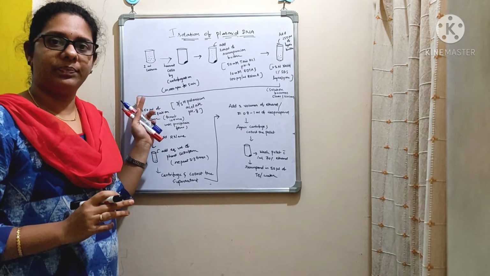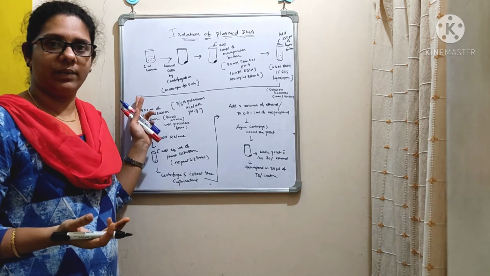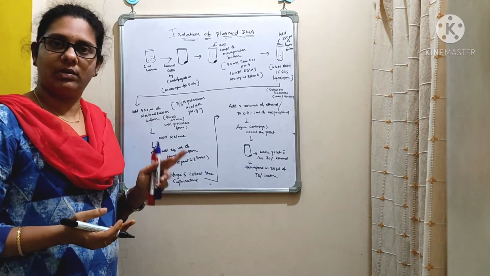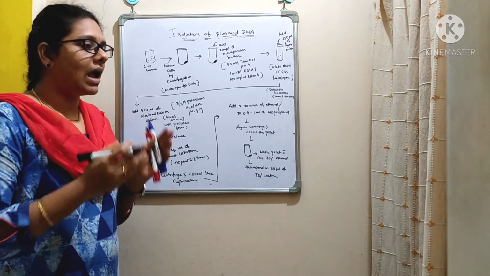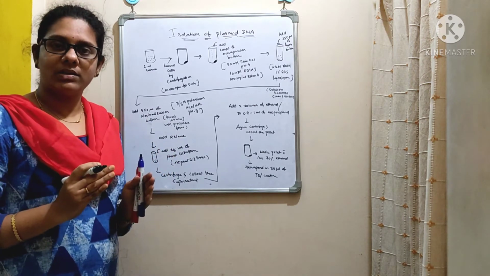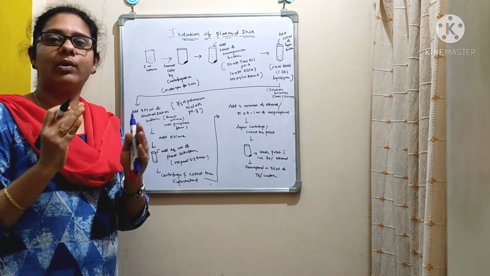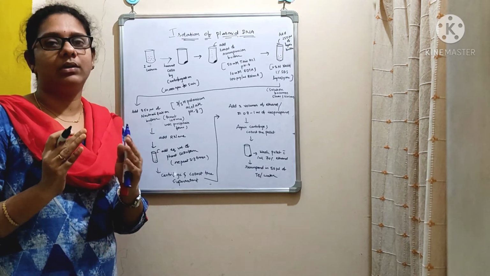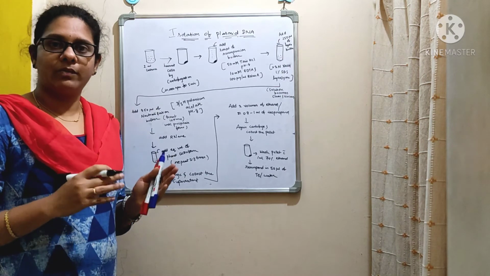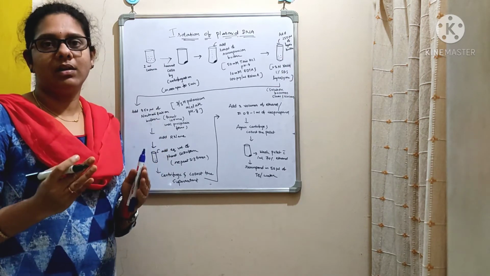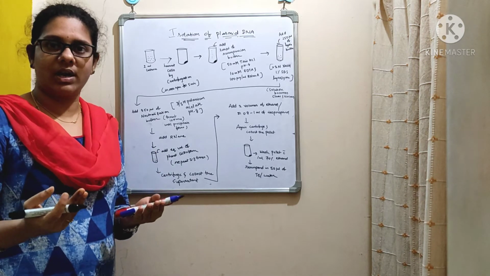As we are isolating this plasmid DNA from a bacterial source, we need to grow the bacteria. For example, take E. coli. You are going to inoculate E. coli into LB broth, Luria Bertani broth, and then you are going to incubate the culture overnight at 37 degrees centigrade. Once you provide all the optimum conditions for the growth of bacteria, the bacteria will undergo division and grow in population, right?